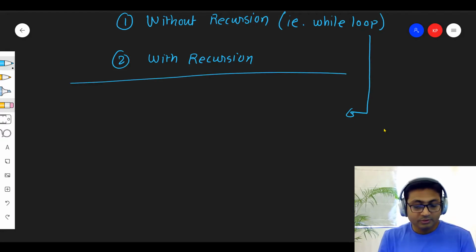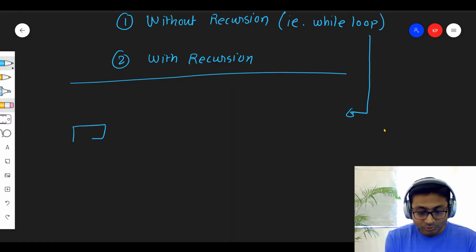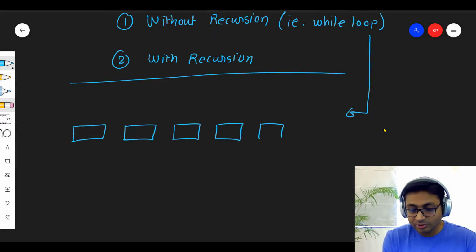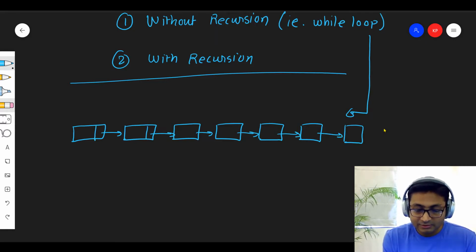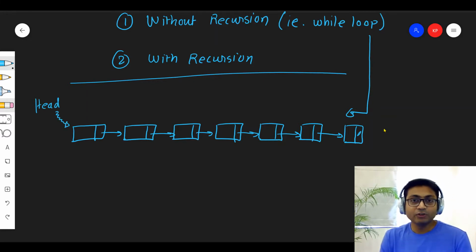Now, whenever this question is asked in interviews, even if you know the program, it is always good to draw the linked list, explain the algorithm of reversing the linked list, and then write the program for that. So here is my linked list. Every node has some data part and the pointer to the next node. And the last node will have the null pointer as the next, isn't it? And we are going to have one head pointer also, which is going to store the address of the first node.